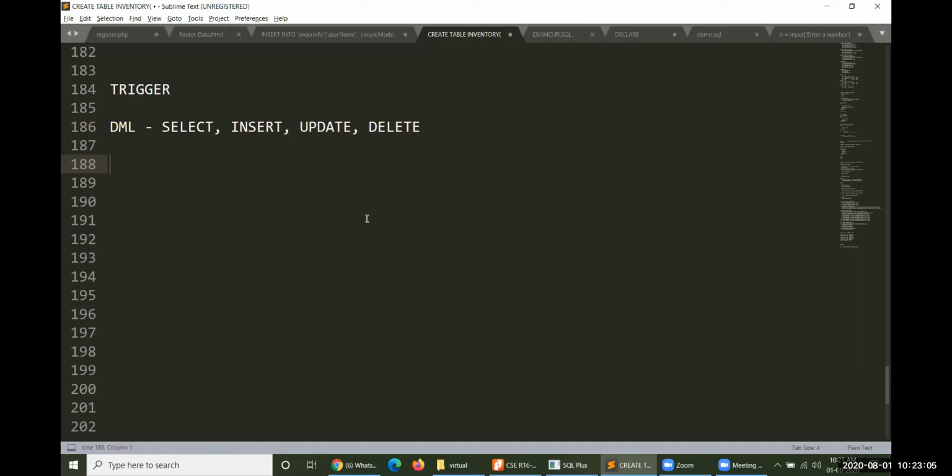Once it is created without compilation errors, as and when you perform insertion, updation, or deletion on the table where you created the trigger, the trigger will automatically be fired, and the instructions you wrote in the trigger will be automatically executed. You need not intervene.